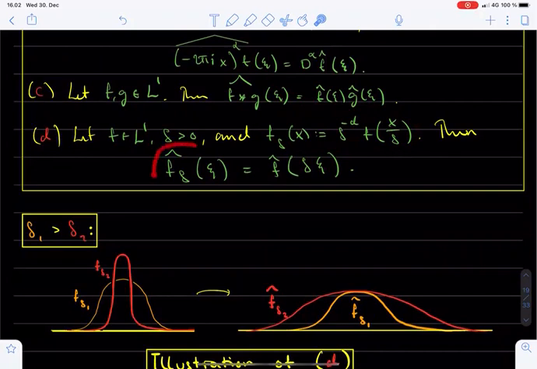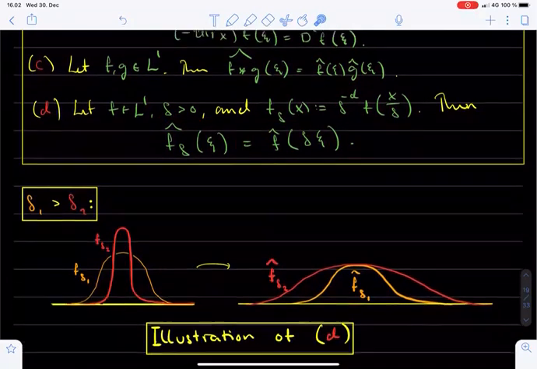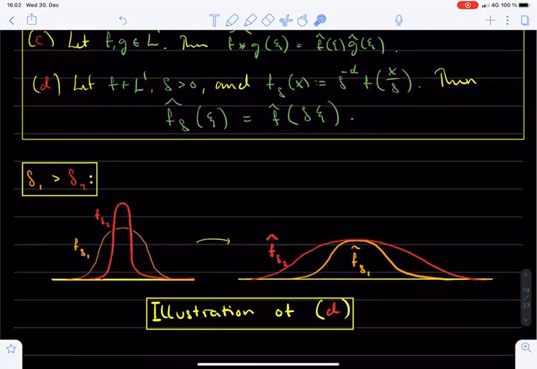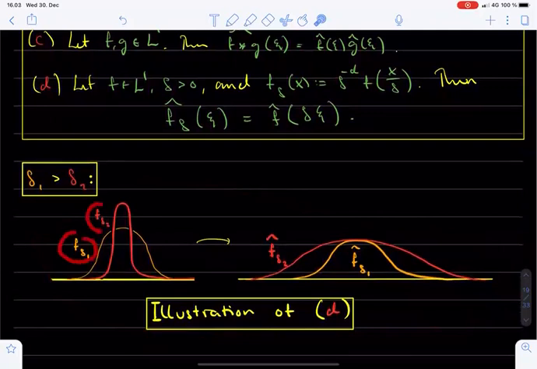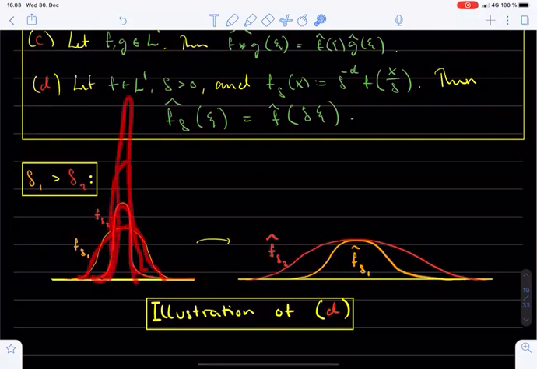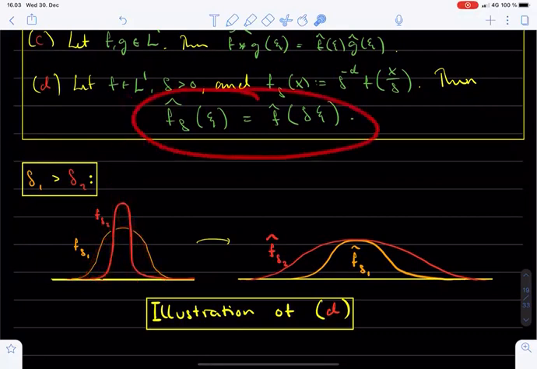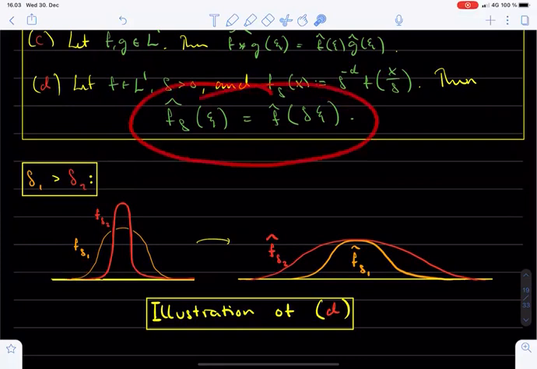The Fourier transform of f delta at xi equals the Fourier transform of f evaluated at delta times xi. Here you can see an illustration of the last part of the proposition, applied with two parameters delta 1 and delta 2. When the parameter delta decreases, the function f delta concentrates more and more around the origin, but always has the same L1 norm. The formula in the last part of proposition 3.8 tells us that the Fourier transform of f